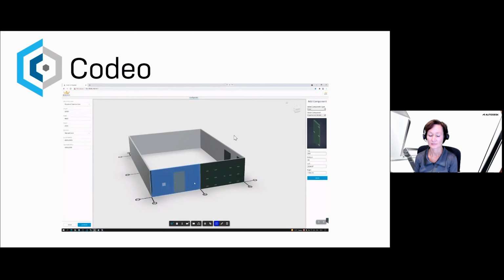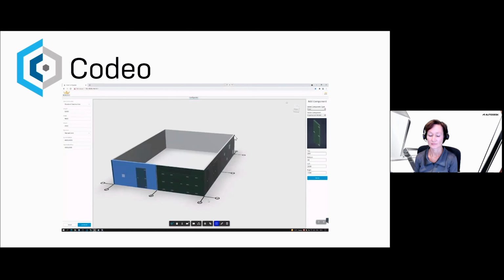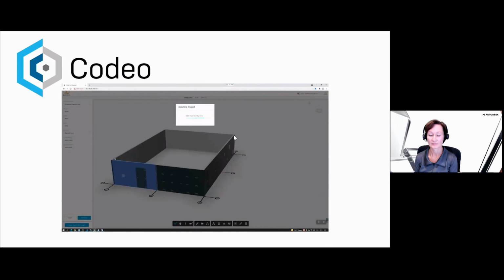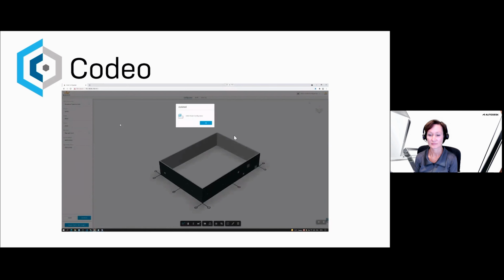I'm going to set the left distance. It looks okay. So click the generate button. Yeah, it's updated.